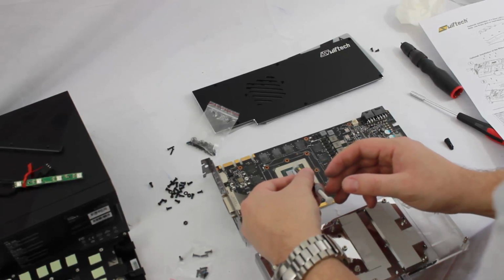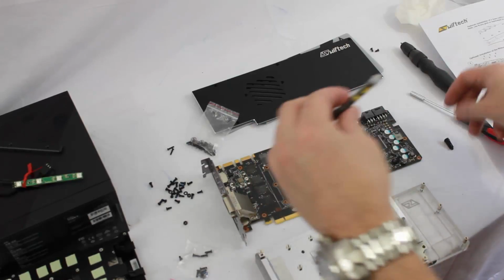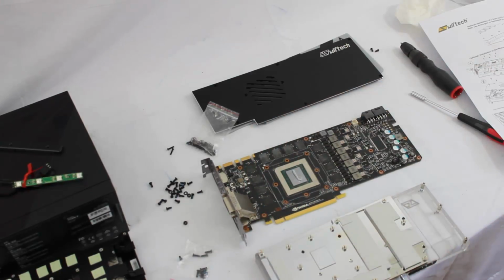Now, again, 101 people will tell you 102 different ways to apply thermal paste. It's a method that's worked for me, so it's a method that I stick with. Some people use a drop in the center or whatever it is. As long as the thermal paste is non-conductive, you don't really have to worry about using too much because it's going to squish and it's going to spread out evenly. With all of our pads and everything in place,